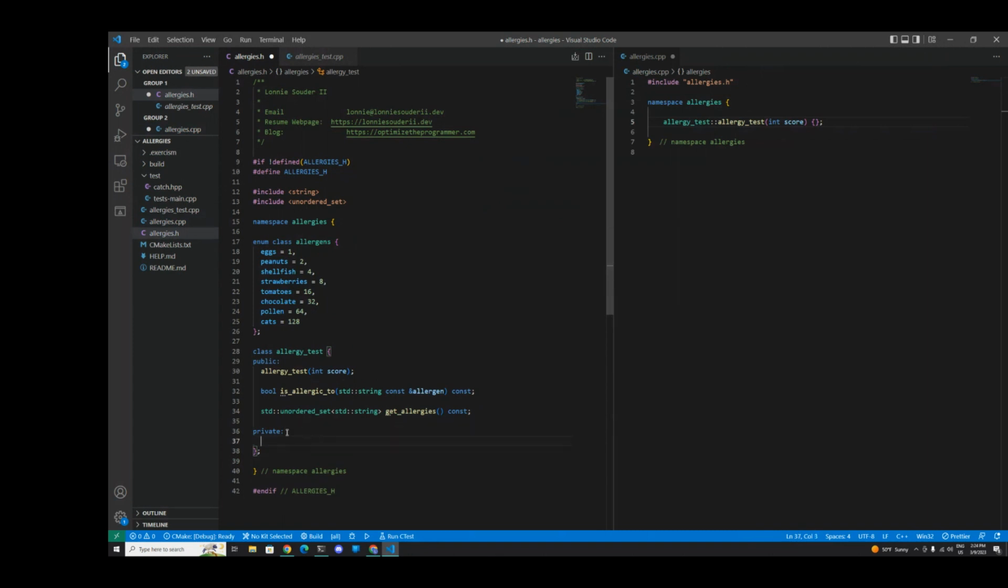So we're going to go ahead and say we want to store our score in here. That's going to be an int. I like to mark members with a little m. Sometimes you'll see an underscore. It hardly matters, but this is my preference, so I'm going to go with it. m_score. So a member called score. And then